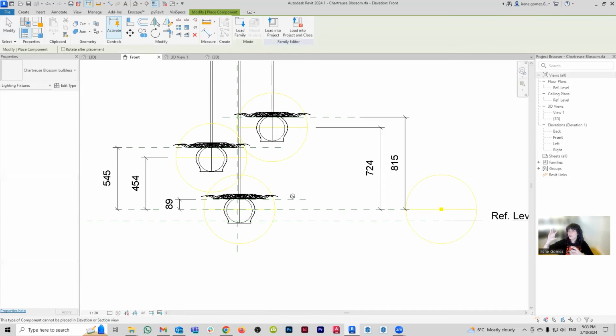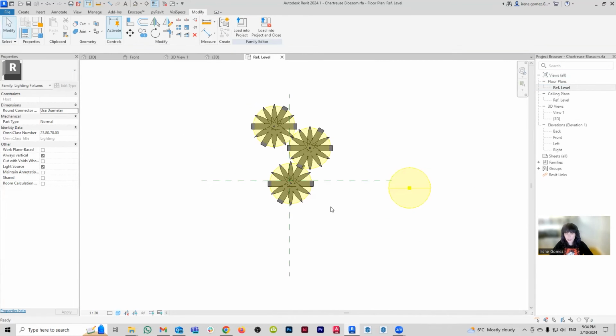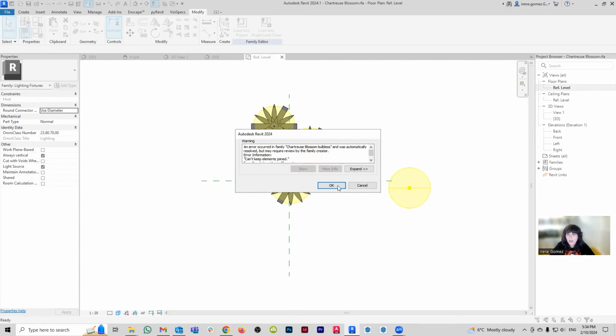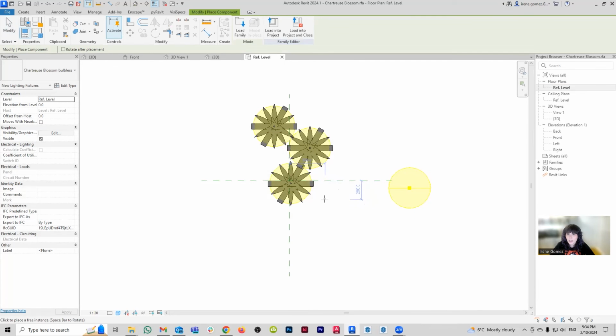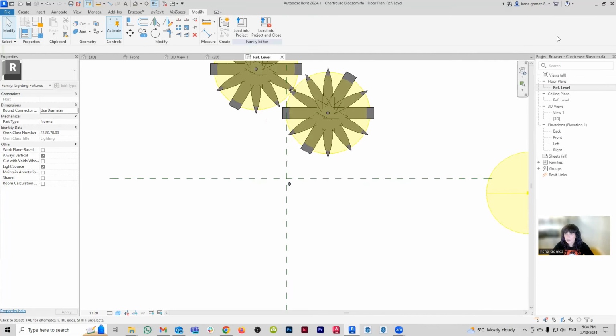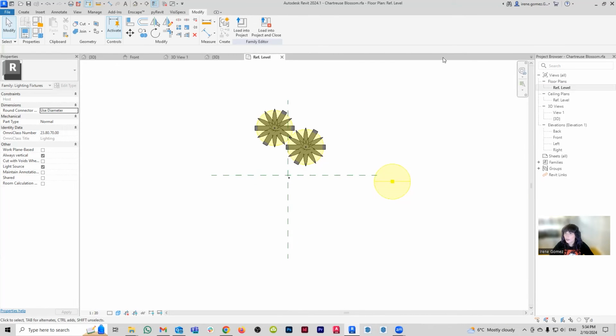So I'm going to have the light source of the original light fixture family with these bulbless elements. So I'm going to put it on the top view, let's say, component, and that's going to be my, okay, bulbless. And again, I'm just going to place it here for the time being. That's fine. It's just telling me that it's not visible. That's okay. That's my cable. That's fine. And what I can do is go back to my 3D view of this.